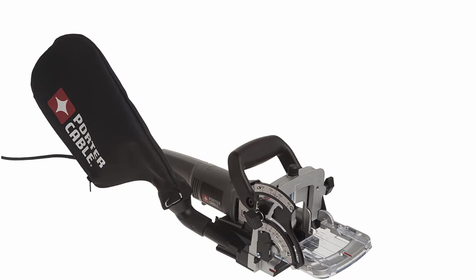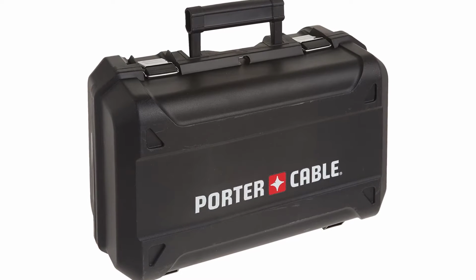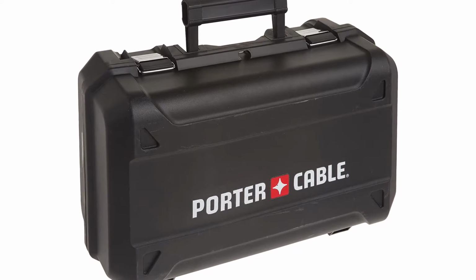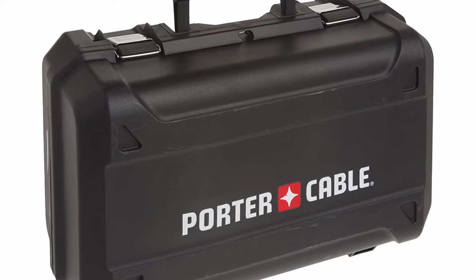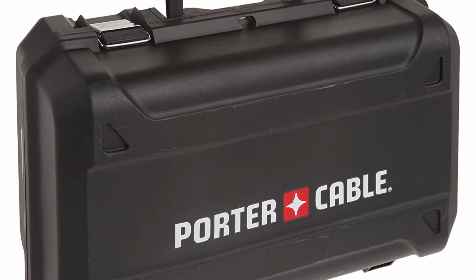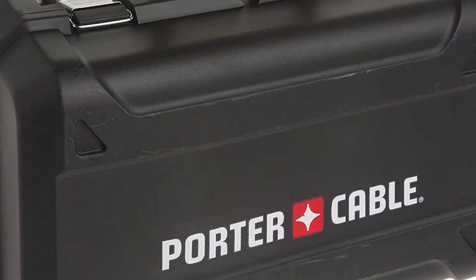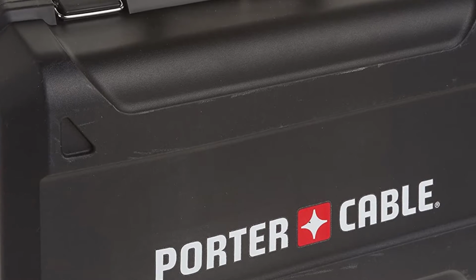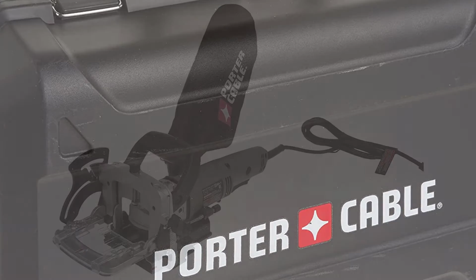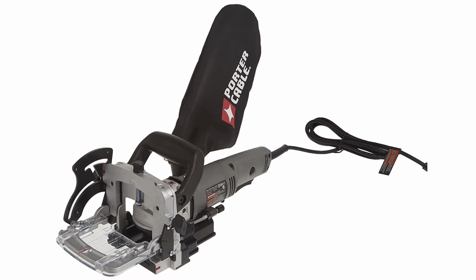The joiner comes with a standard 4-inch diameter cutting blade, but it is worth noting that PorterCable separately sells a 2-inch diameter blade for this joiner that is capable of making cuts as small as 1.5 inches when needed. The blades can spin at up to 10,000 revolutions per minute thanks to the powerful 7-amp, 120-volt motor at the heart of the joiner. The result is that users find that this joiner is able to easily cut through even